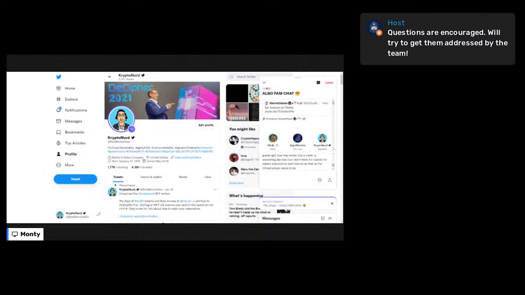Hot take incoming. NFTs are special because of the community they represent, and not so much about the actual art itself. The art does matter, but not nearly as much as the sense of belonging that people get by purchasing them. This is why, when you see the value of the NFTs out there that are so high, it's because of the community behind it and less about the actual art itself.